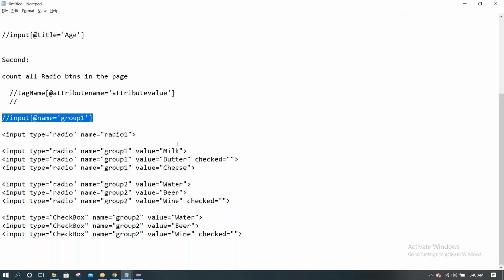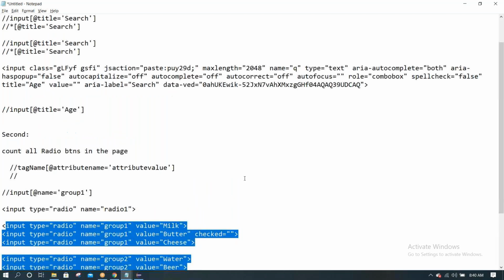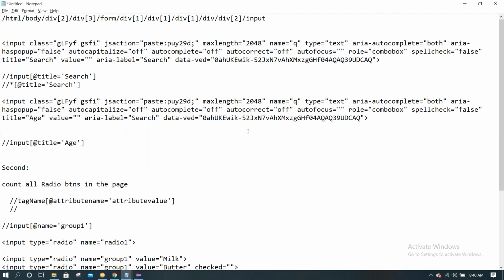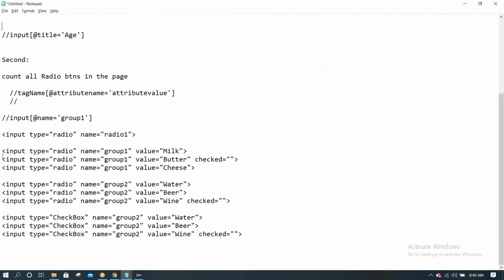Everyone try in the chat window. Even a mistake is fine. Everything is an attribute. We can take any attribute from the properties. Right, exactly.